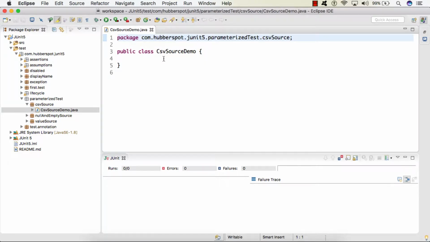So friends, inside our CsvSourceDemo test class, first we'll create a parameterized test.